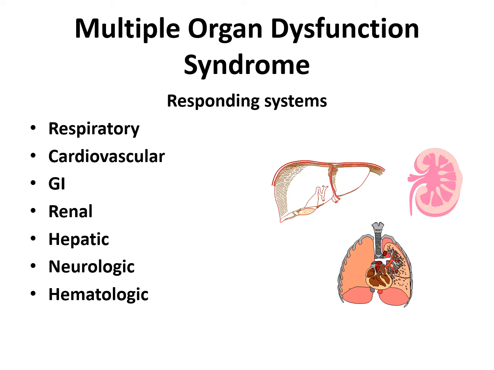The GI system. As the GI system fails, we will see a decrease in GI motility. That decrease in GI motility will result in the patients not being able to tolerate feedings. It also could result in paralytic ileus. And as the GI system continues to fail, we will actually see an absence of GI motility, so we won't be able to hear any bowel sounds at that point.